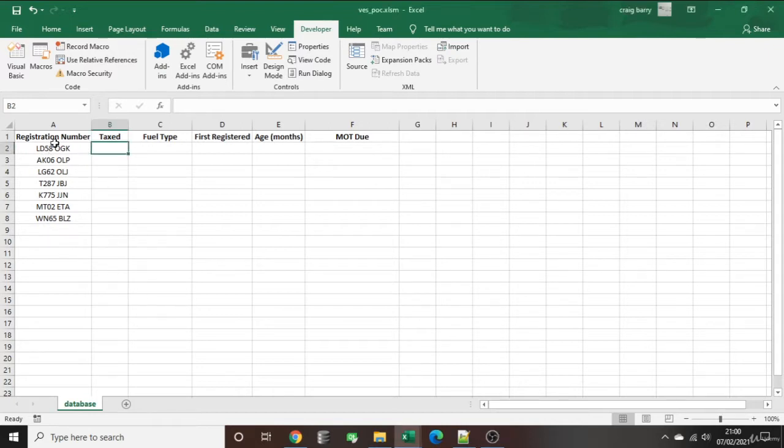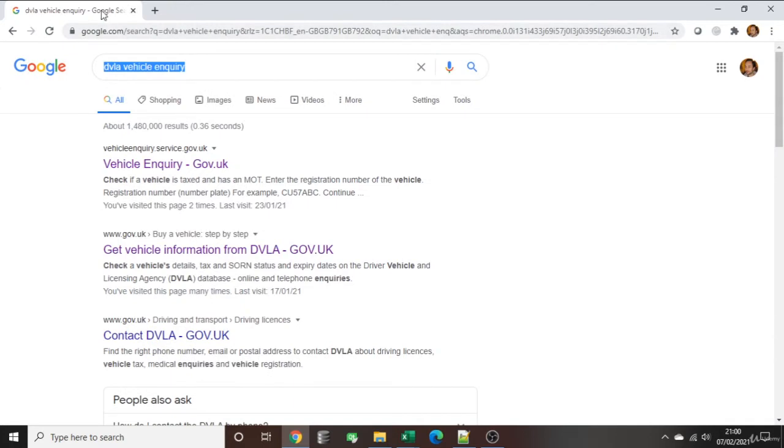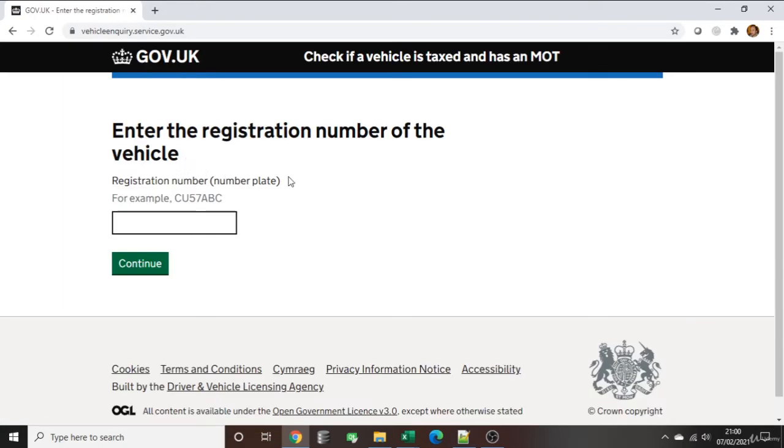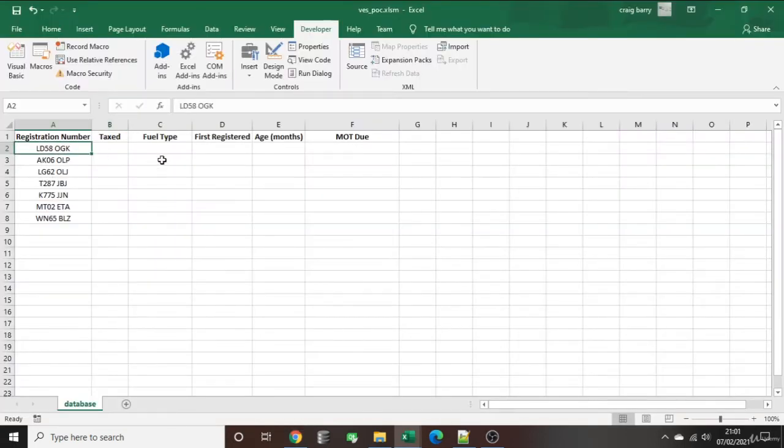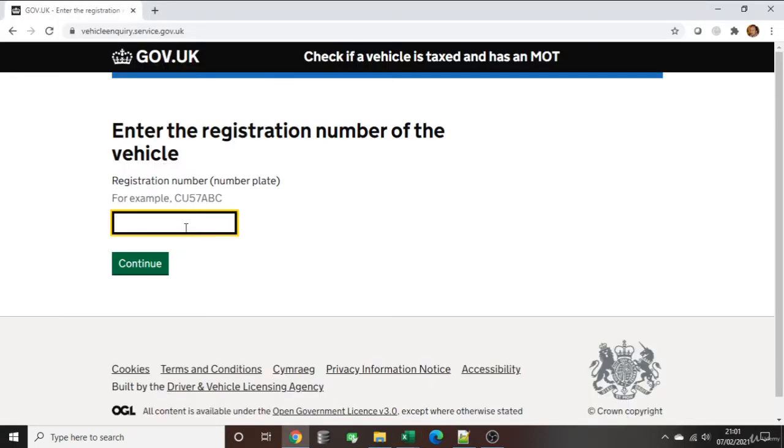So the dummy example scenario here, we've got a list of vehicle registrations and we need to find out this information. So to do that manually, what I would normally do is go across to the DVLA vehicle inquiry site. So in the UK, you can type in the registration of a vehicle and get some info back on it. So the first vehicle here is LD58OGK. So if I paste that in and hit continue,